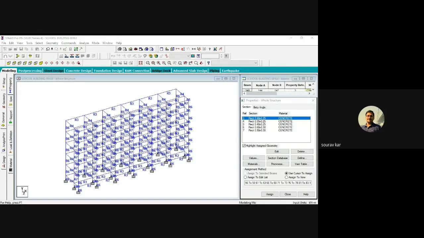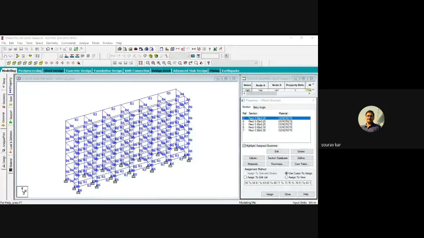Since we cannot present the STAAD editor in the online class, as this window is not sharing on the screen, I shared the change by printing the STAAD editor in PDF form, before change and after change. Today also I am doing this.